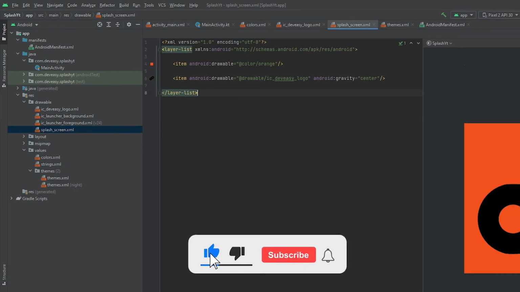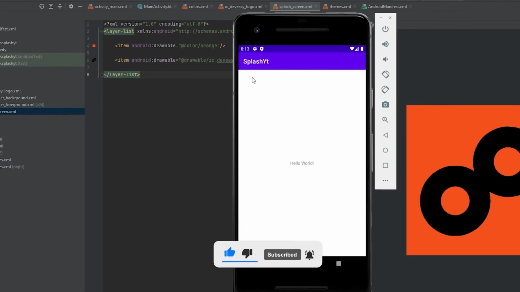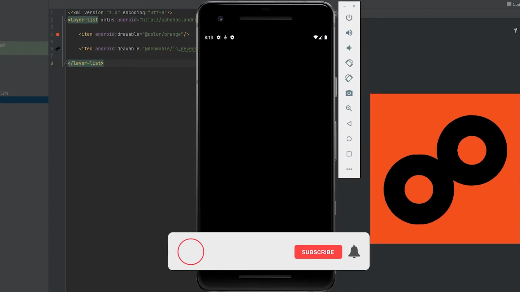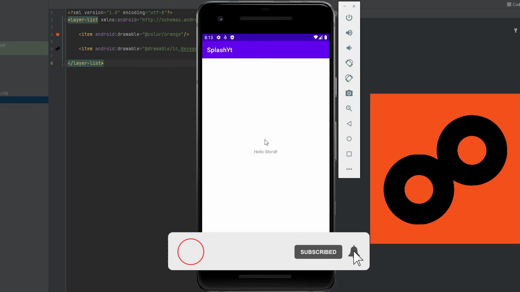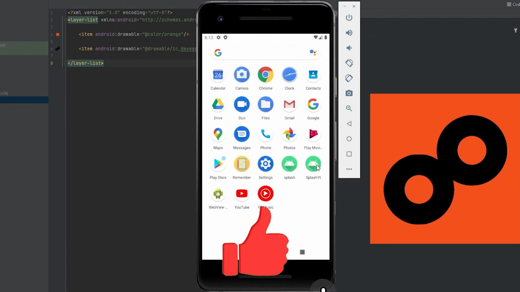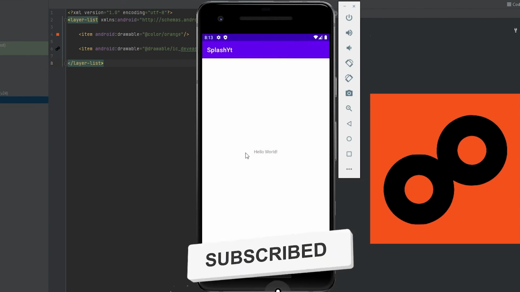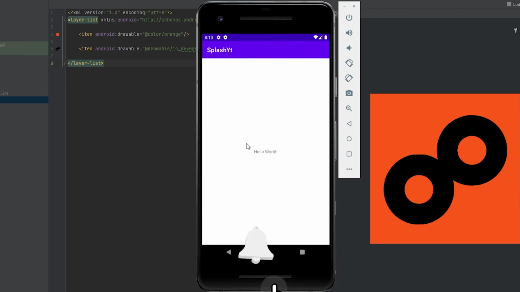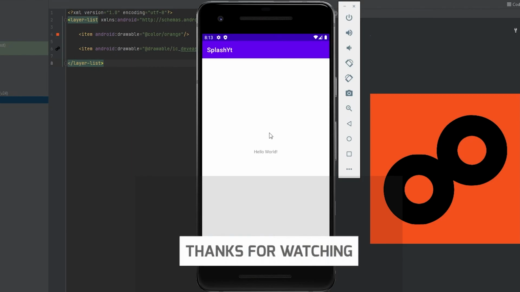Then when we click the run button, you can see it is arranged in the center, and we have it properly done. As soon as our main activity is loaded, it will change the theme and come back to the normal theme. So that's all for this video.